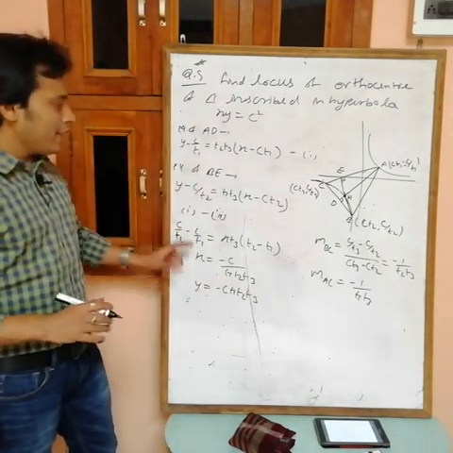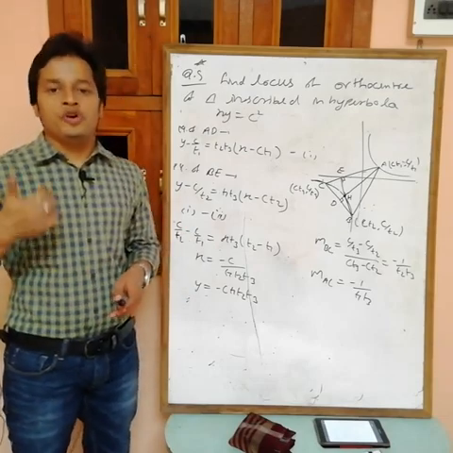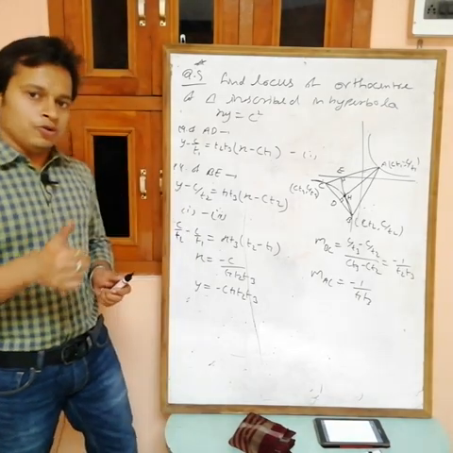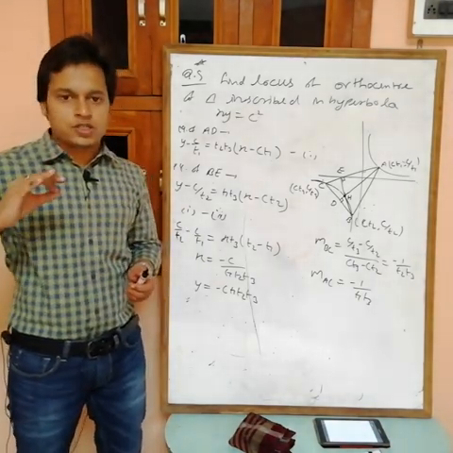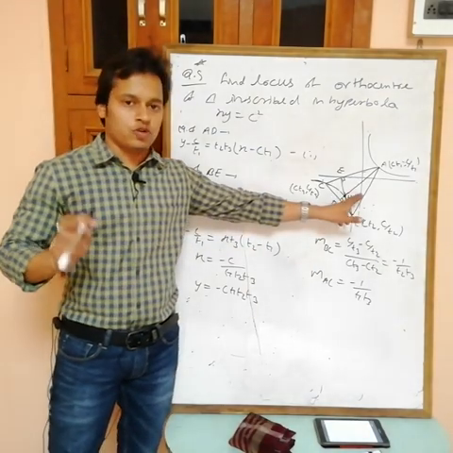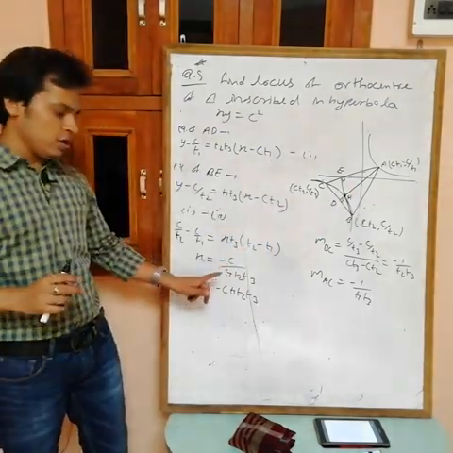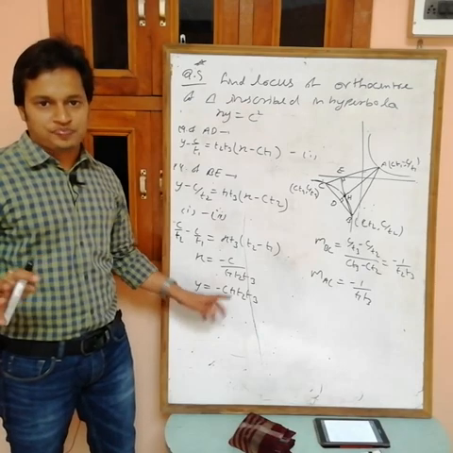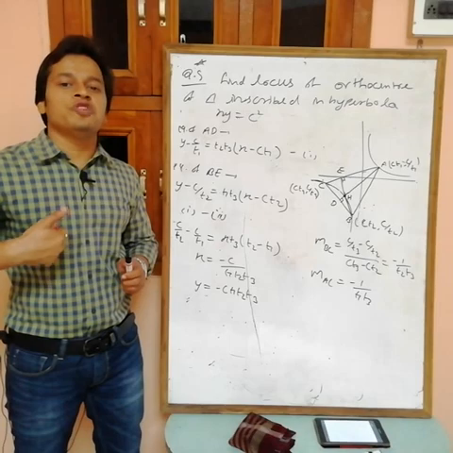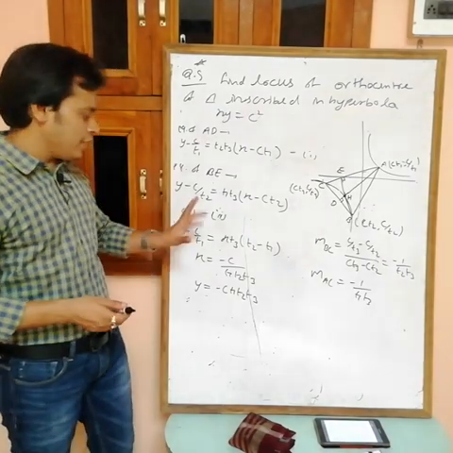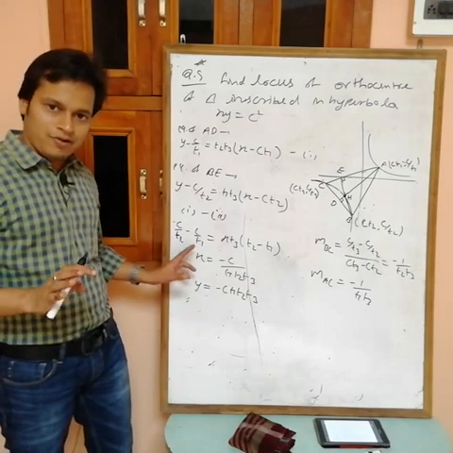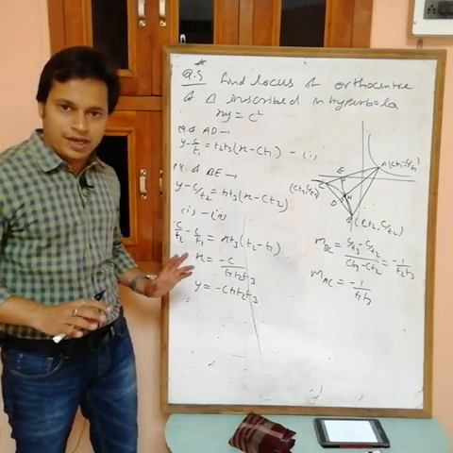Here (x, y) is the point of intersection. Point of intersection means the coordinates of H. Now to get the locus of H, we first assume H as (h, k). Suppose I am assuming (h, k). Now h equals this one, k equals this one. Then find the relation between h and k. At the end, replace h with x and k with y. It means at the end, this again becomes x and this again becomes y. Now simply I am finding the relation between x and y directly.